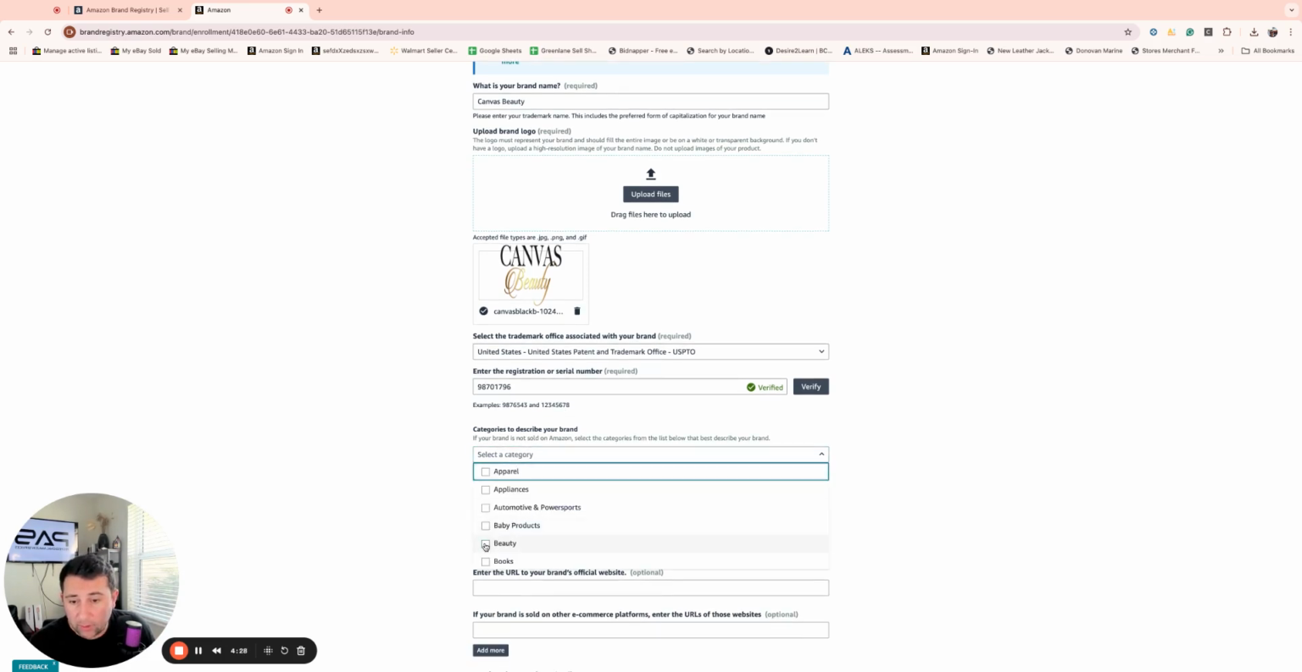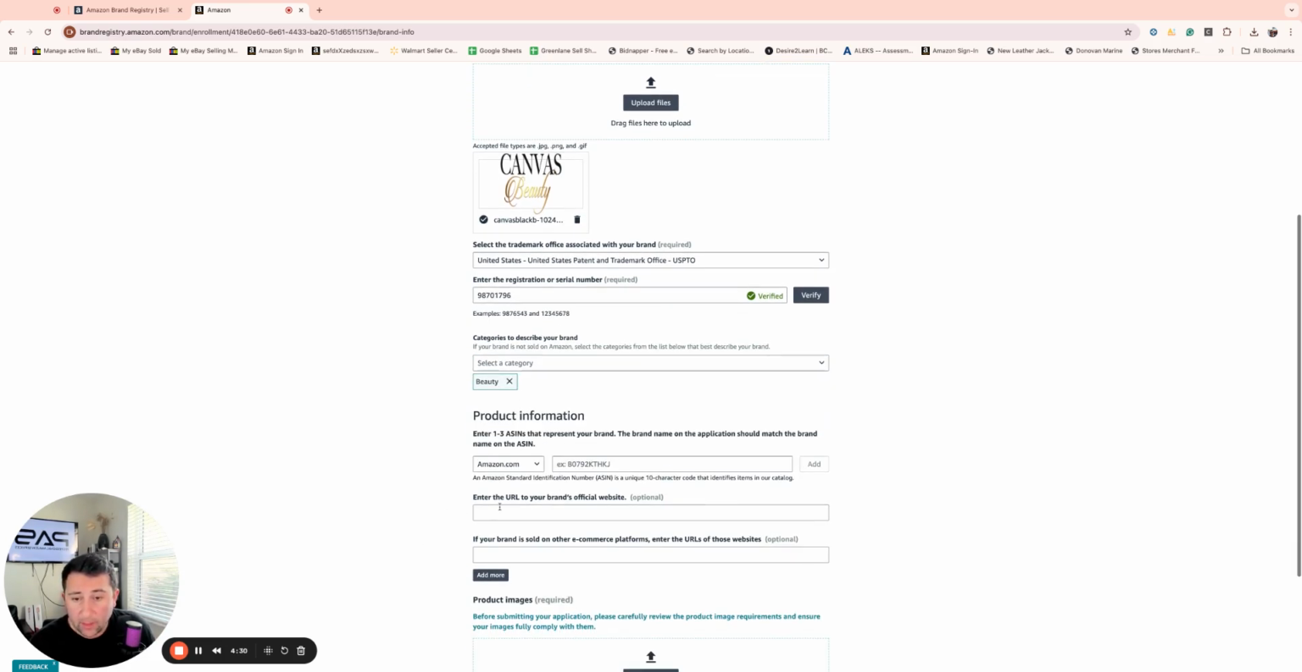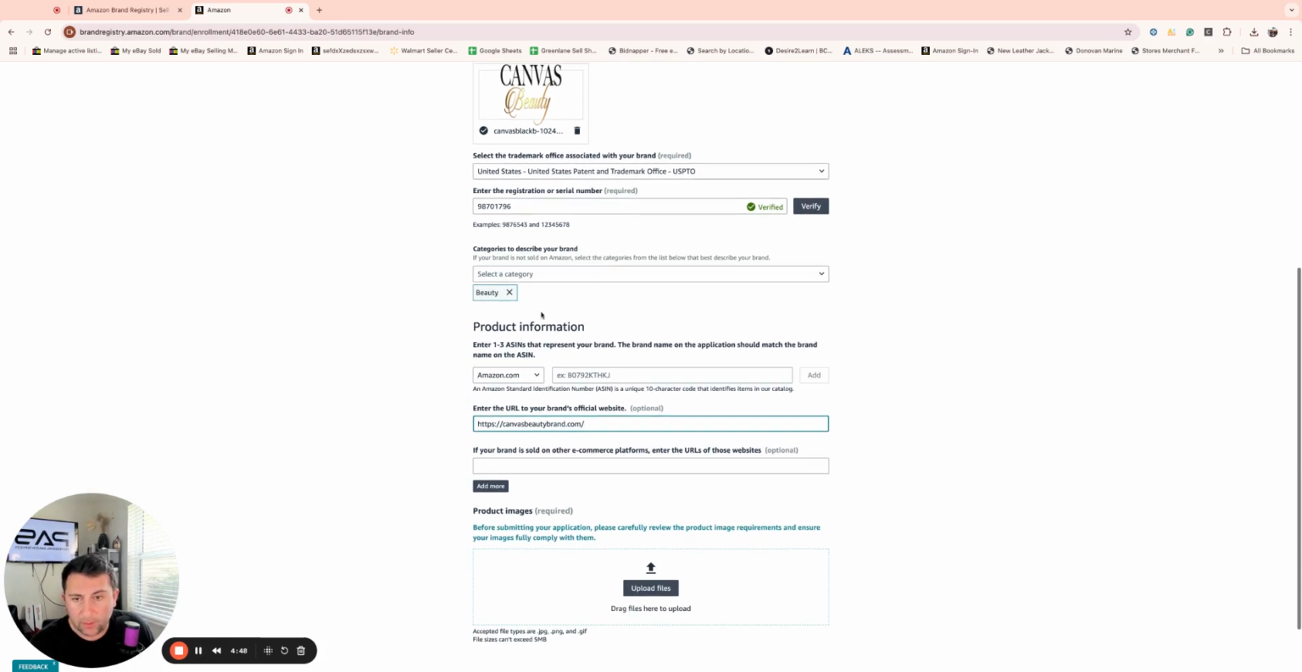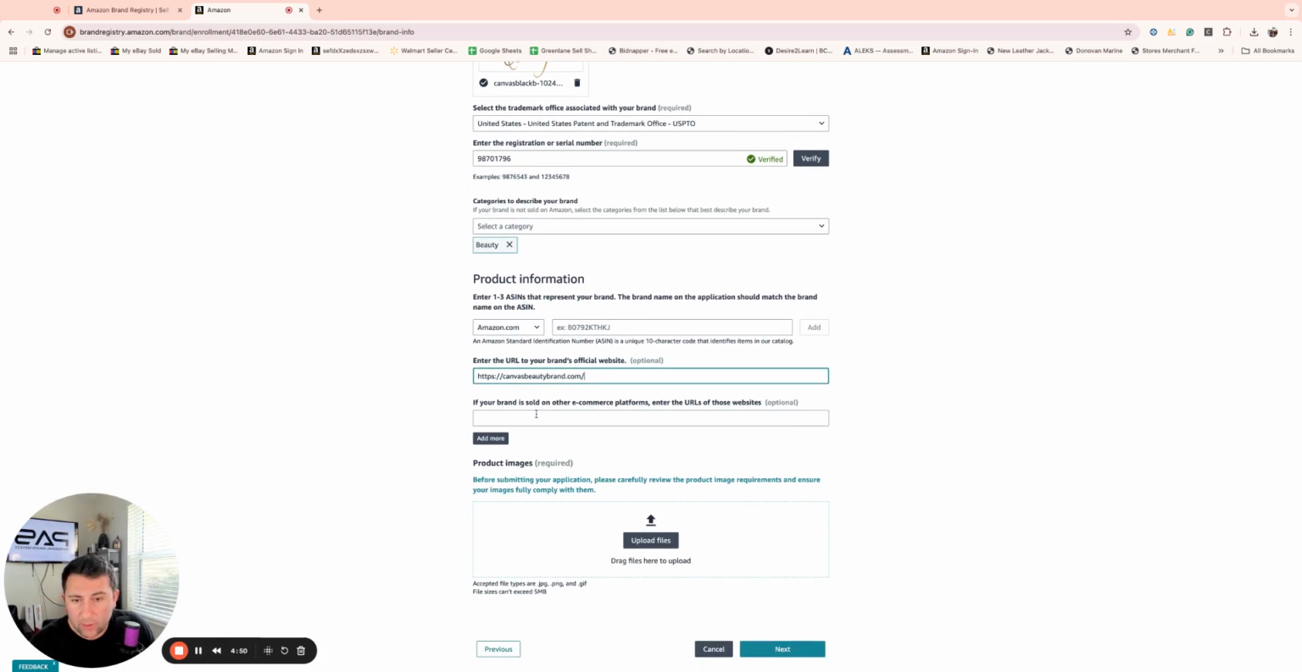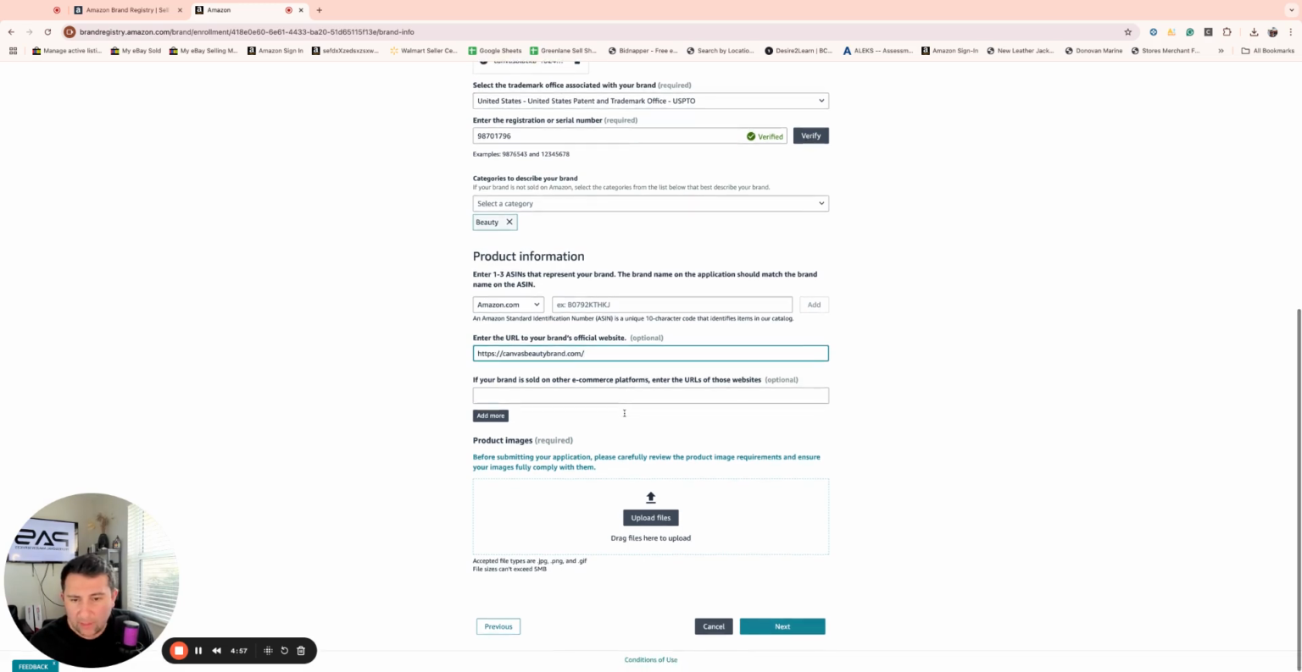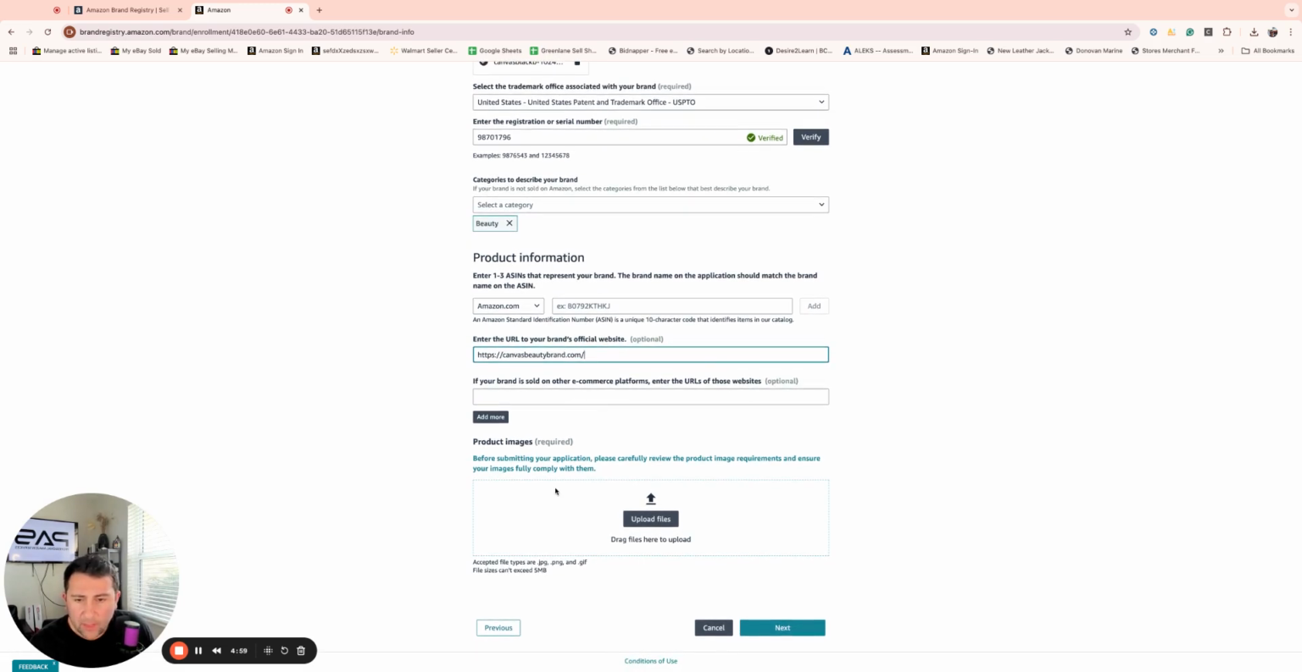The category, important. So we are in a beauty category. We are also going to put, it's optional, but just for the sake of speeding things up, we're going to use the website as well. All right, so we're adding the URL, and you can add multiple categories if you're going to be in multiple categories, of course. But here we are. So if there are any other e-commerce platforms, again, it's optional. I believe the Canvas Beauty is on TikTok, but we're just going to skip that as well. And next,